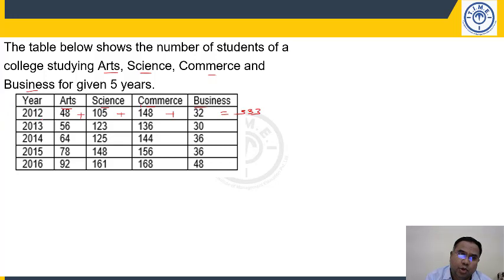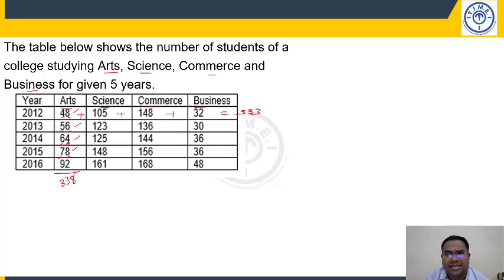Now, for all years put together, I want the total number of students in a particular subject. Let's say I want the total of arts in all years put together. Then you have to add column wise. 92, 2 digits we are adding, 170, 234, 290, 338. Right? So what we do is 92 plus, I am adding the unit digit here, then I'll add the tens digit here. 92 plus 8, 100 plus 70, 170 plus 4, 174 plus 60, 234 plus 6, this is the units place, right? 240, this is the tens place, plus 50, 290 plus 8, 298 plus 40, 338.